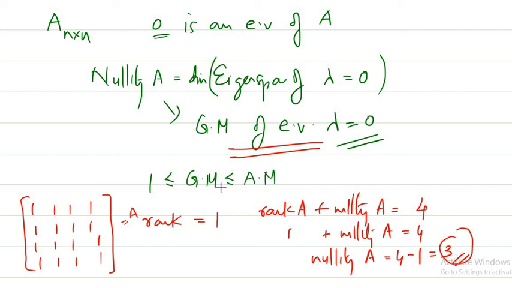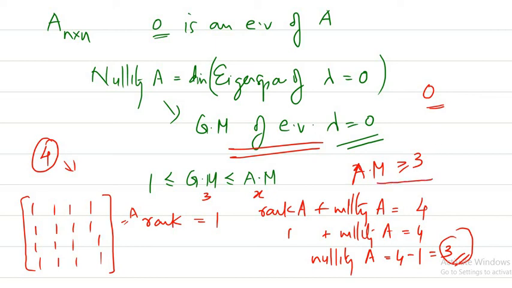So if the geometric multiplicity of the eigenvalue is 3, what is the algebraic multiplicity? Algebraic multiplicity means how many times a particular eigenvalue is repeated when you find the solutions of the characteristic equation. So if AM is x, then x has to be greater than or equal to 3. That means it can be 3 or above. We already found that one eigenvalue is 4, the Perron root. Then, since it is a singular matrix, 0 is an eigenvalue, and now we are going to see how many times 0 is going to be repeated.